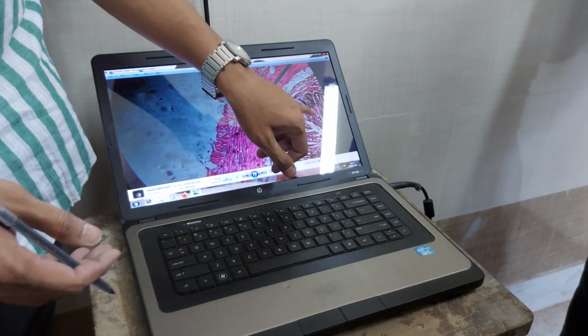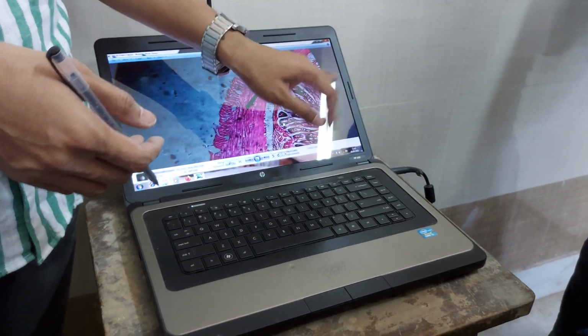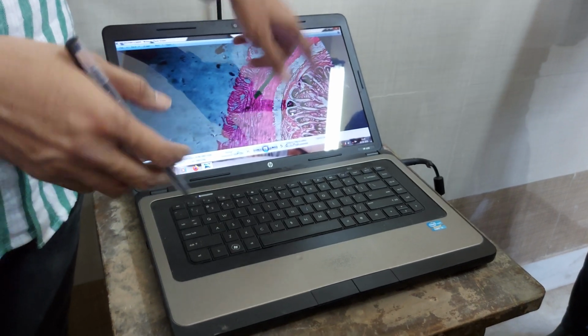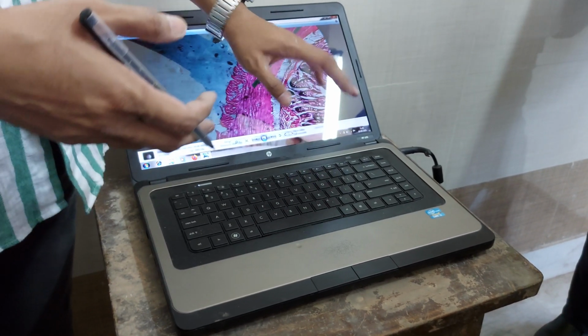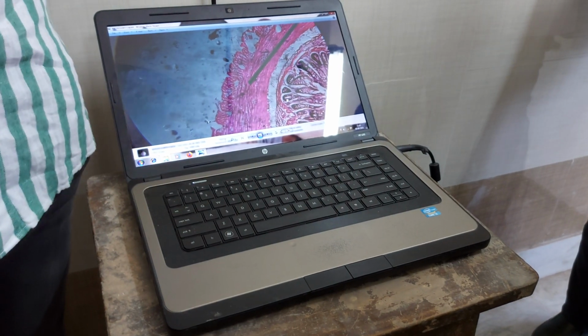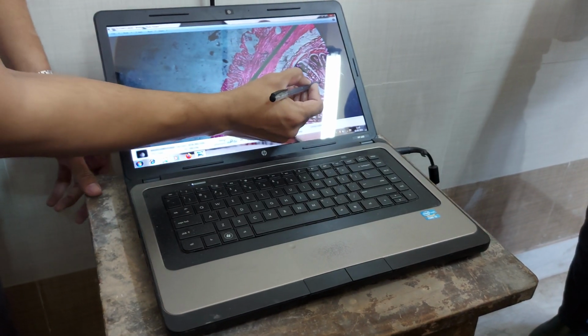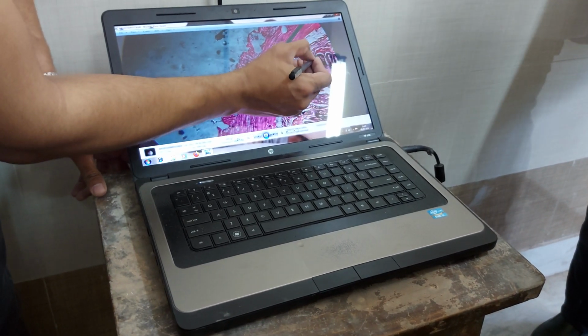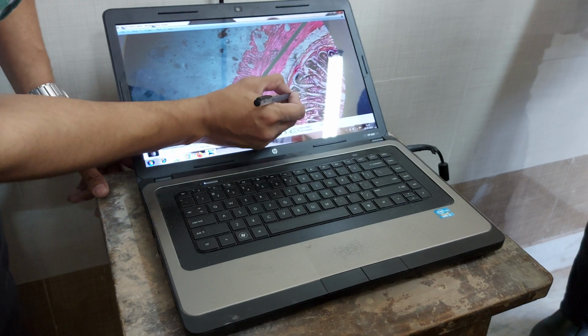That's very good. Obviously, this is an example of goblet cells only. What are these glands over here? Exactly. What is the arrangement of the glands? What is the shape of the gland? Columnar. Tubular. You can see the tubular arrangement of the glands, isn't it? Right or not? See, the goblet cells are facing each other.